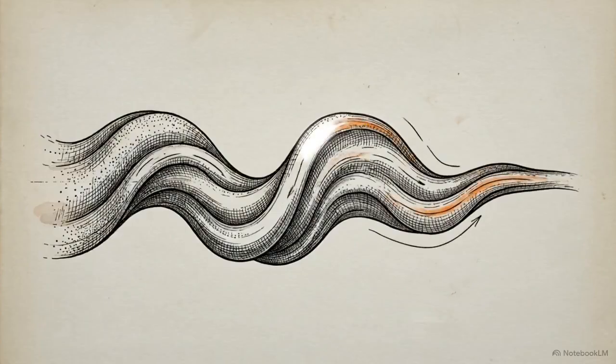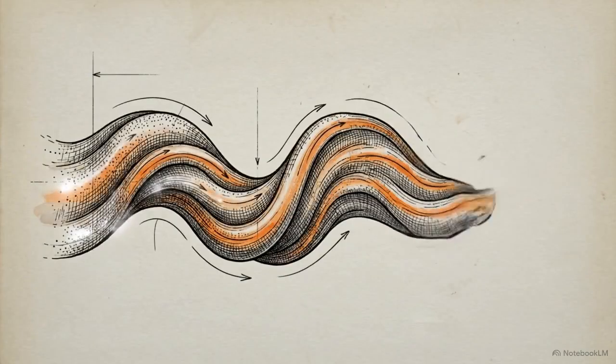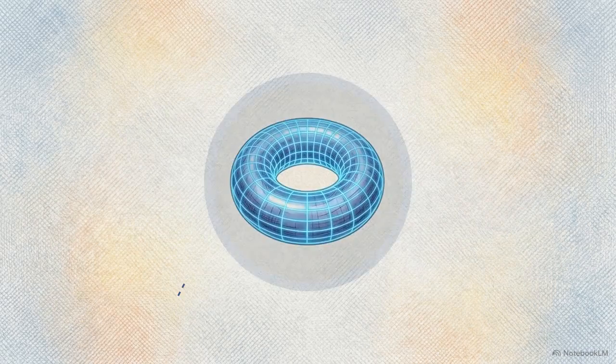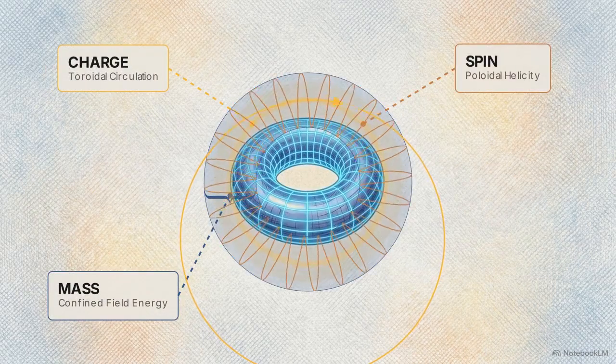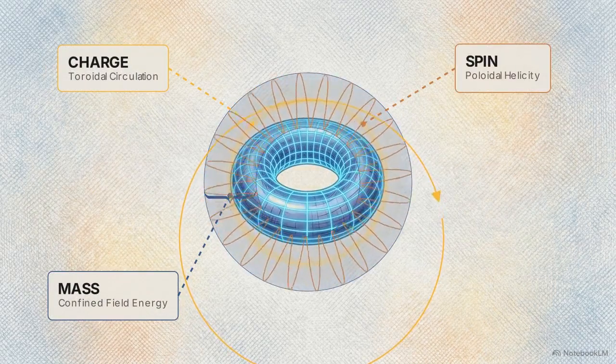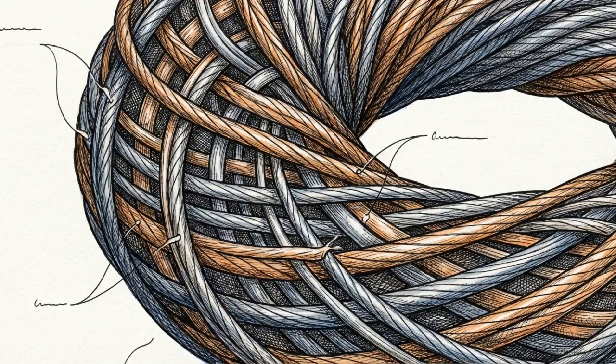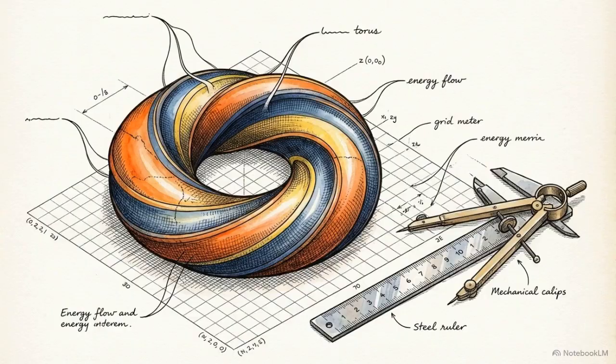In this framework, all matter begins as a continuous energy wave that twists into a stable spinning loop. Mass, charge, and spin emerge as mandatory geometric consequences of this specific toroidal topology. These properties are built into the shape itself. To understand the nature of matter, we must reconstruct the electron in literal, three-dimensional physical space, moving beyond the abstract